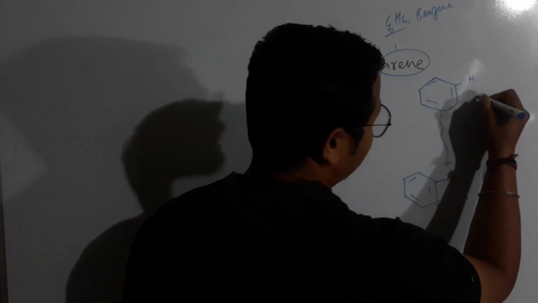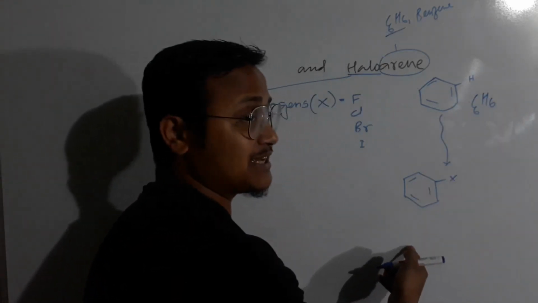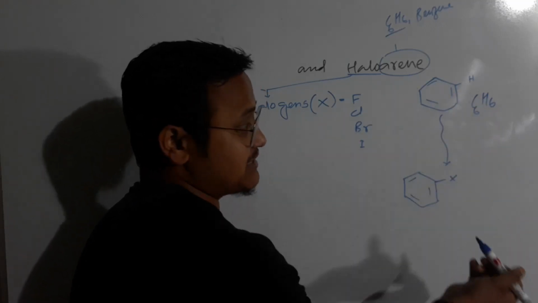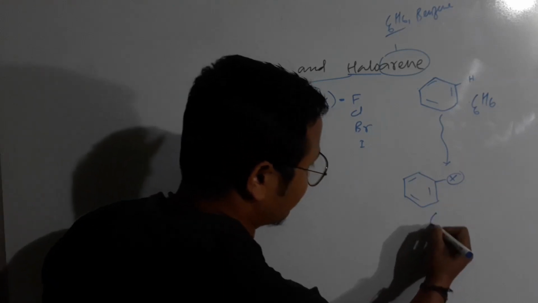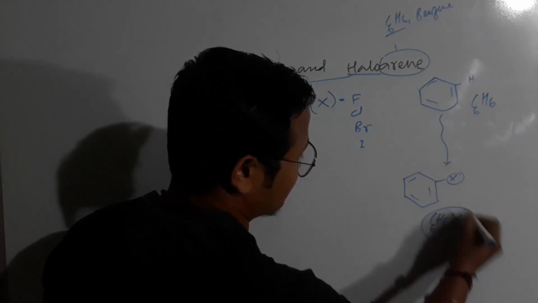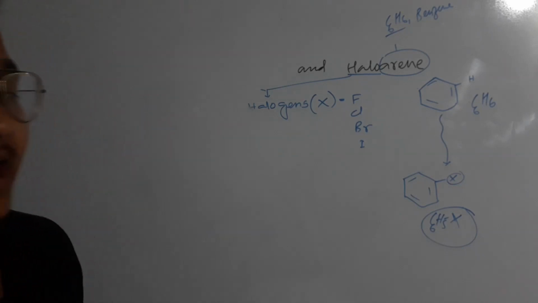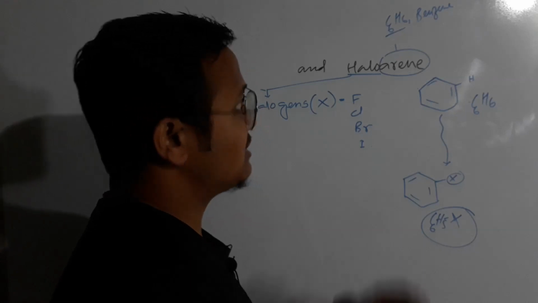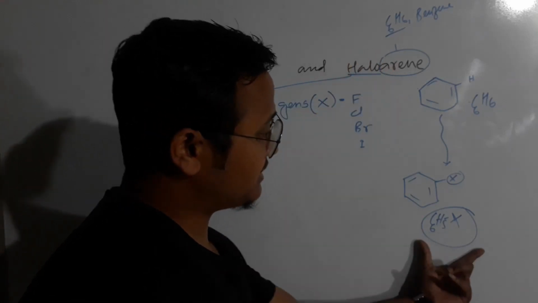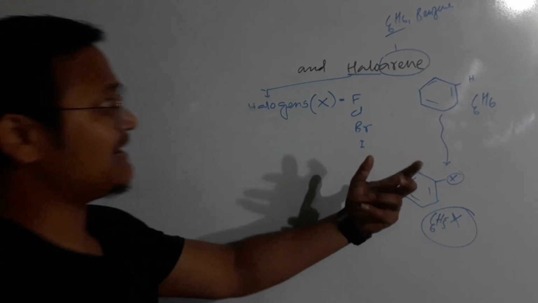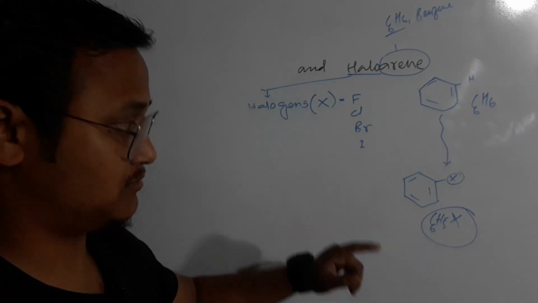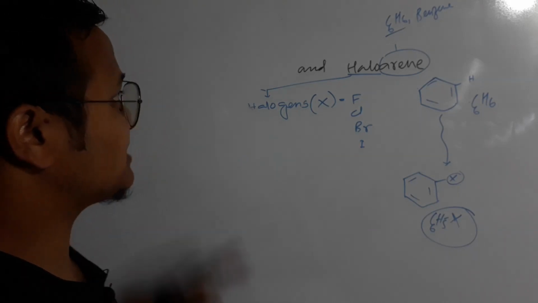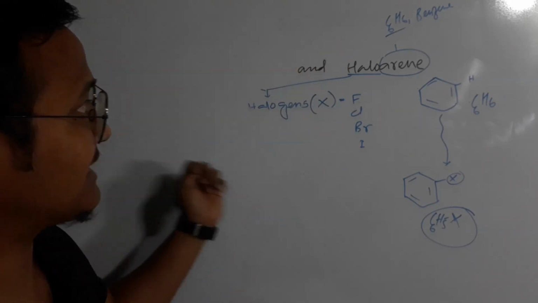So now, this is benzene, right? It is C6H6, but this is not C6H6, right? We have eliminated the hydrogen here, which means we substituted it with a halogen atom. So it will be C6H5X. This is your general form of haloarene, where we have only one benzene ring. It always looks like this particular formula. Again, it is monohalo, meaning only one halogen will be there. Okay, so this is how haloalkane and haloarene look.